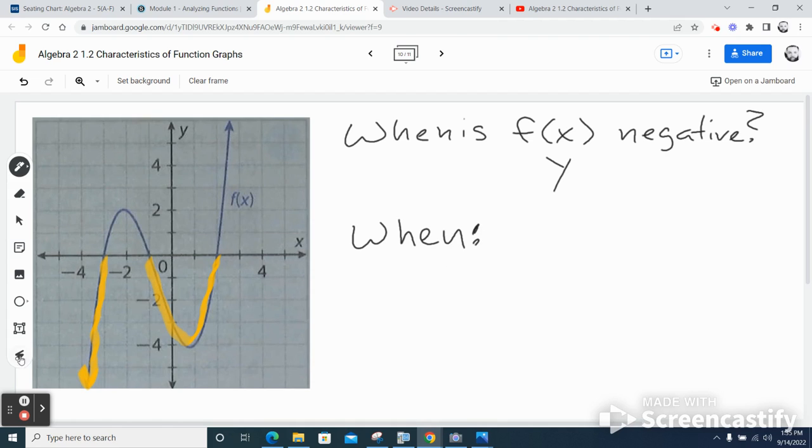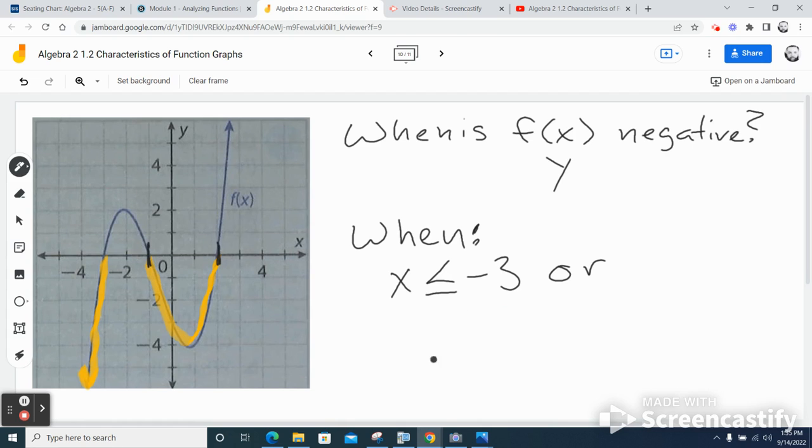Now we have to think in terms of x. I'm starting here and I'm going this way in the x direction. So how do I write that as a relative domain? Is that less than or greater than -3 if I go to the left? When x is less than or equal to -3,